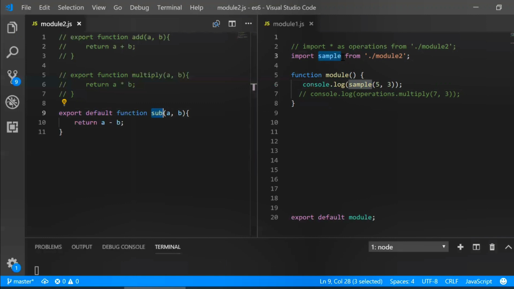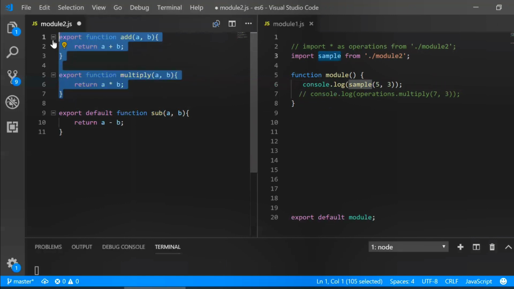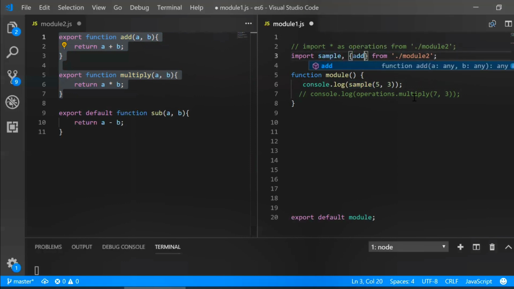But remember, guys, in a file there will be only one default export. So for example, you may be wondering if a file has default export and named export also, what will be the case, right? So we'll see this example also. So here, if a file has both default and named export, in order to import it in another module like module 1, while importing the default, we will give simply any name and then inside curly braces, we will give the named export.